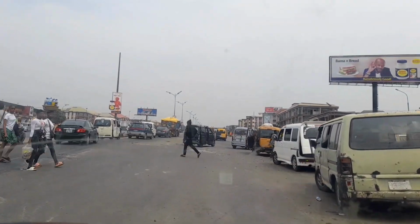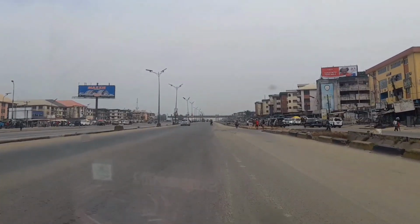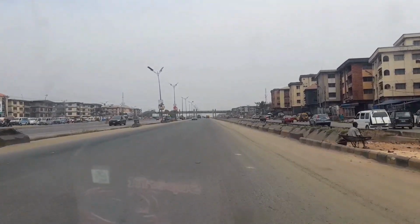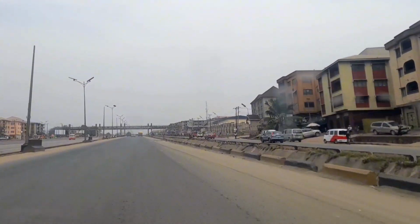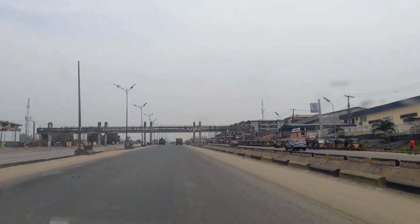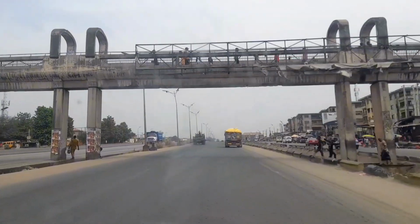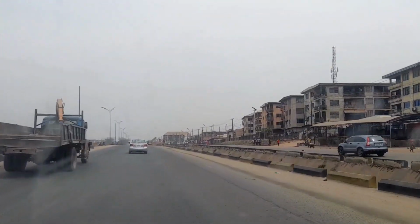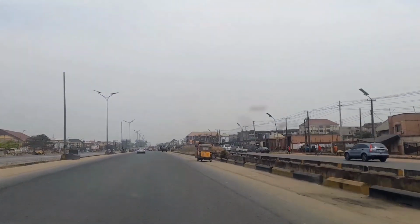So from here we are heading towards the MCC side. So this is the Nitel axis. You can see that it's a little bit busy over there. But all this angle heading towards that MCC axis is somehow not that busy. It's almost empty. So here it's not that busy. Some places were a little busy, maybe where the police mount their checking point and the rest, but I did not capture them. So we are heading to the MCC, and actually nothing is happening over MCC. It's a little bit scanty over there. So from this MCC we'll be heading down to the tomato market, and I can tell you what I experienced around that